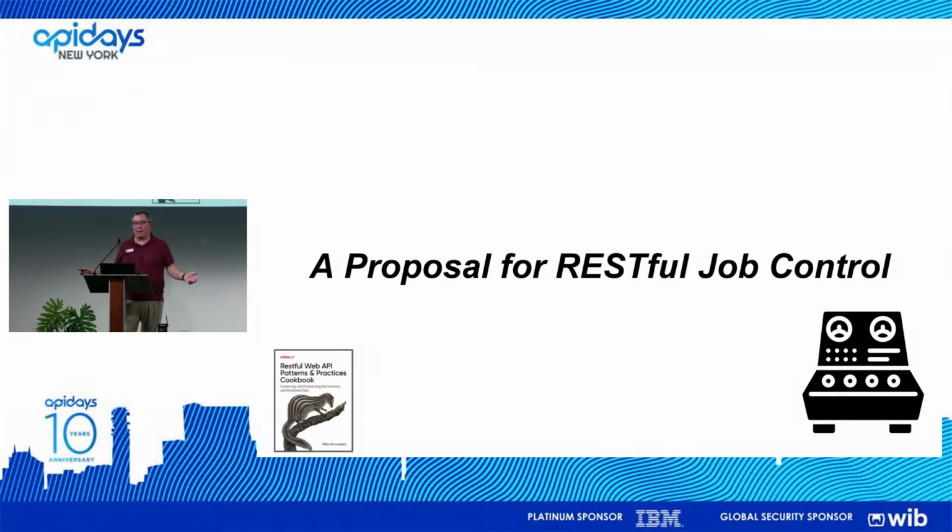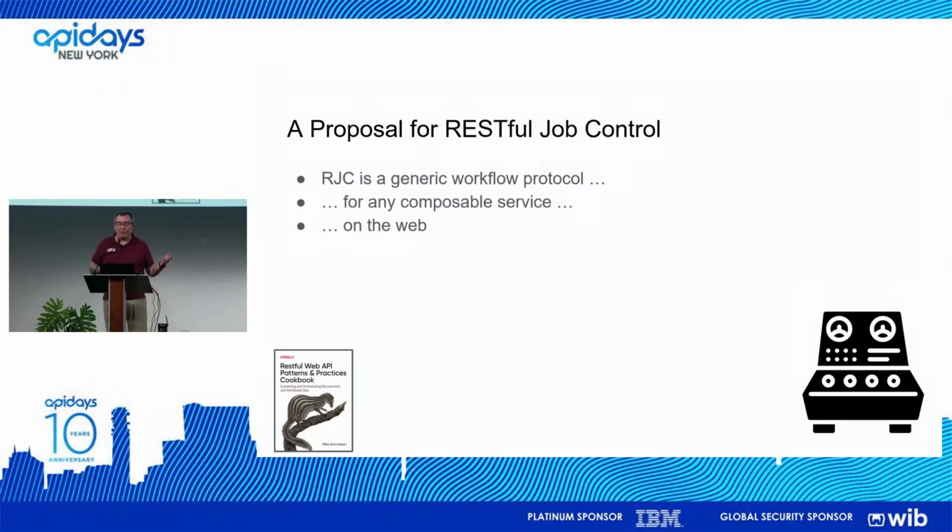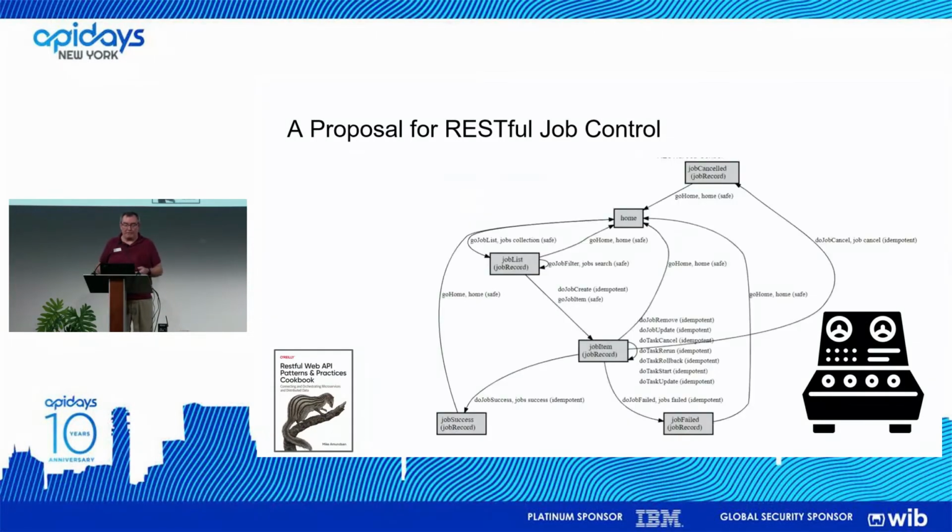So what does this add up to? Well, it adds up to the thing that I showed you at the start of this talk. I call it RESTful job control. It's kind of lame, I don't know. There's probably going to be some better way to describe this. Maybe somebody's already doing something like this. But what we want to do is create a way to compose things that have never met before and use them to create a solution without having a lot of custom code to do it. And we can do it through basically configuration or a document entry.